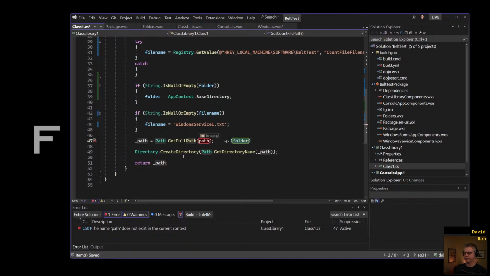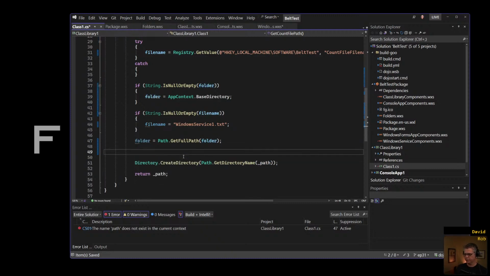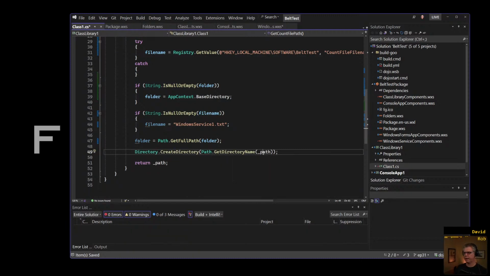Let's go ahead and get the full path. This is not necessary, but nice. All right. Oh, look, we had this code before. Create directory, get directory name from path, because it was all one thing. We don't have to do that anymore. We can just say, create the folder, and then set path equal to path.combine.